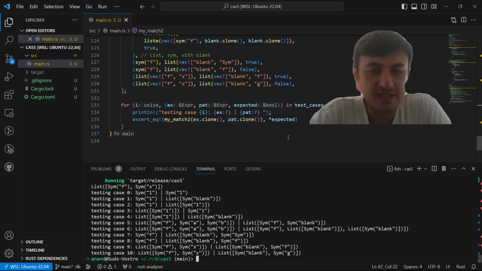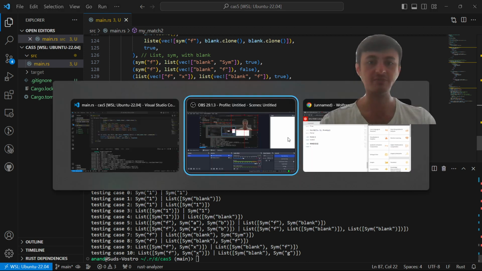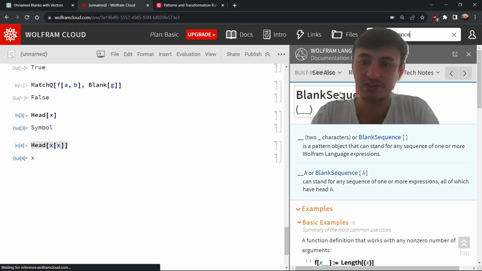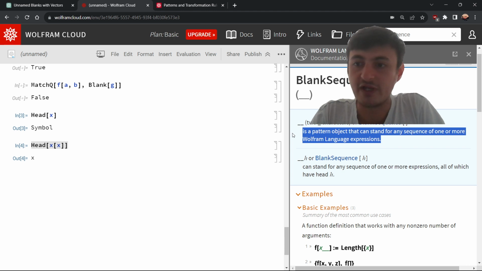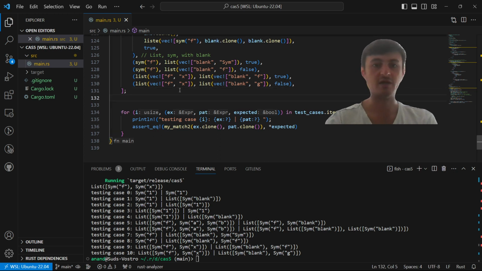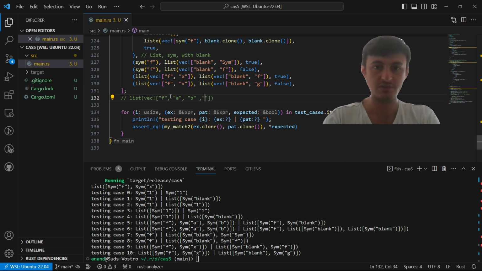So the next crucial step is to introduce new pattern objects. New pattern objects that are the most important, I would say, are going to be blank sequence, which is a pattern object that can stand for any sequence of one or more Wolfram language expressions. Okay, so this is the case where you have like A, B, C, and you want to match